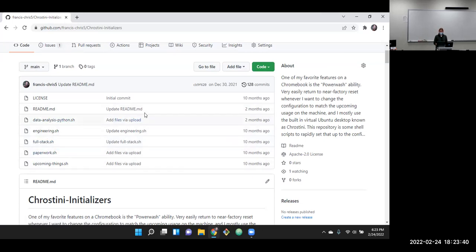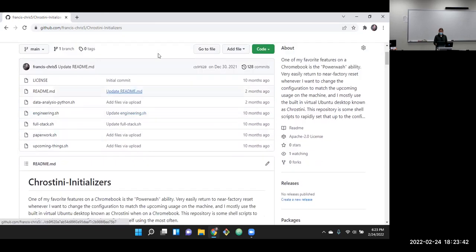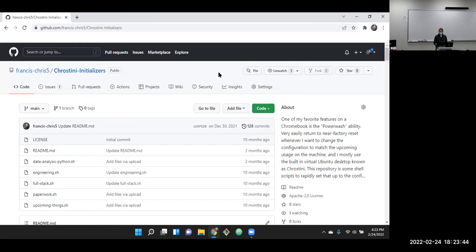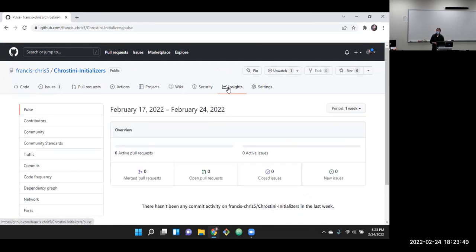So I just wipe the Chromebook and run a quick script to set up really quick. That's what this one is. So it doesn't have a manifest. That's definitely a personal use thing.